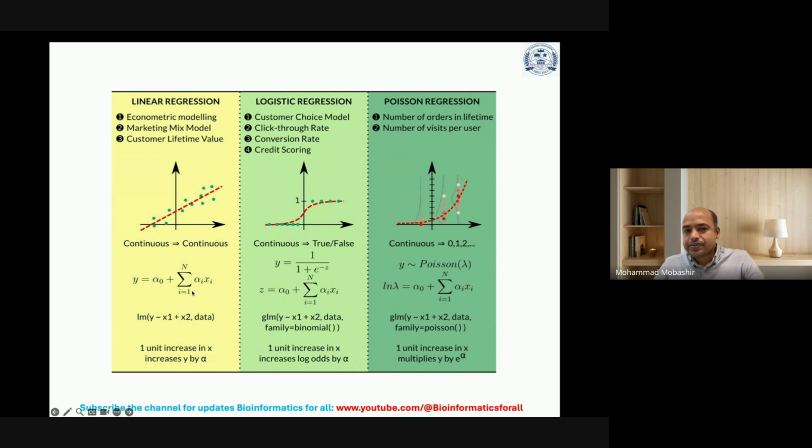Logistic regression is applied in customer choice models, click-through rate, conversion rate and credit scoring, and the outcome is true or false. The equations are slightly different: one unit increase in X increases the log odds by alpha. So it is slightly different from linear regression, and of course the plot will also be different. Now it comes to Poisson distribution, the number of